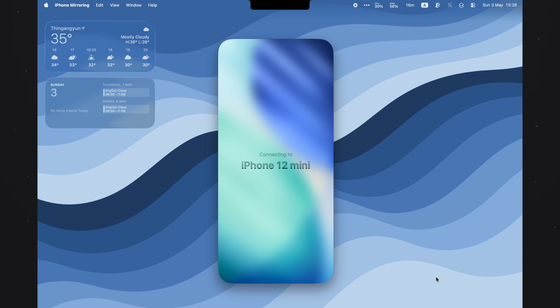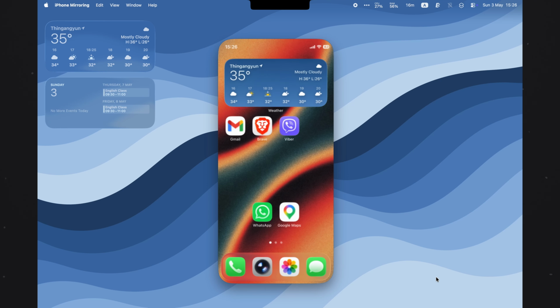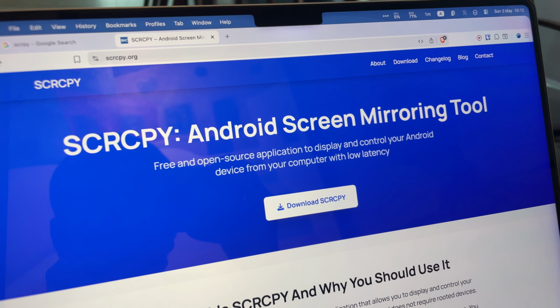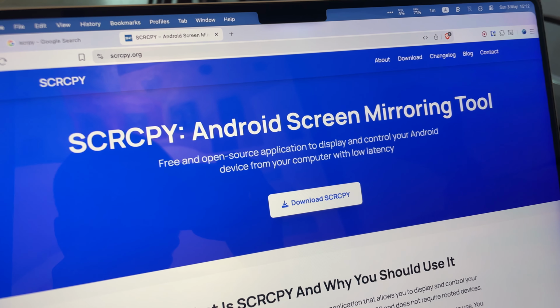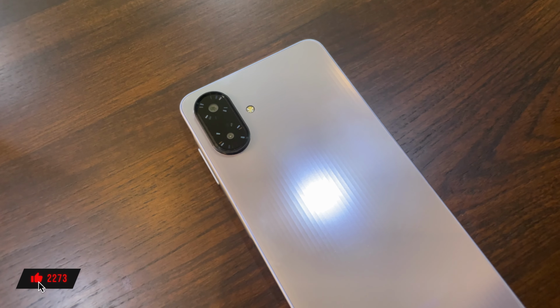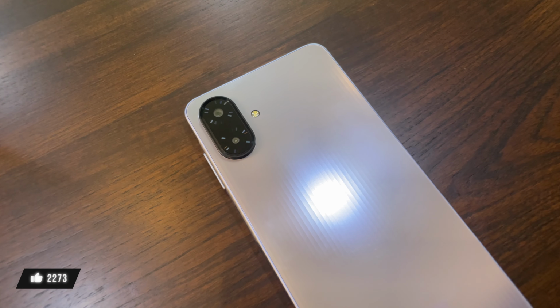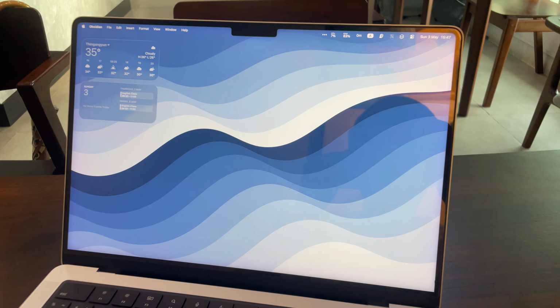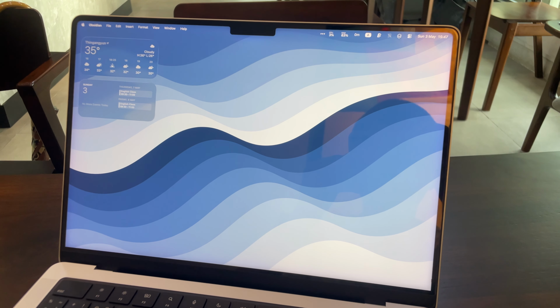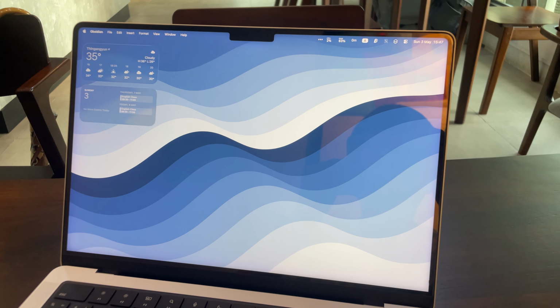Another convenience that I want is to be able to cast my Android screen to my Mac, like mirroring to iPhone in the Apple ecosystem. And although there's a solution available with Android Screencast, I'd like to find an alternative that doesn't involve the command line. Ultimately, the things on the wish list aren't a must-have for me, so I'm very satisfied with this cross-platform ecosystem setup, and I don't think I'd have to switch to a single brand ecosystem to get all those conveniences.